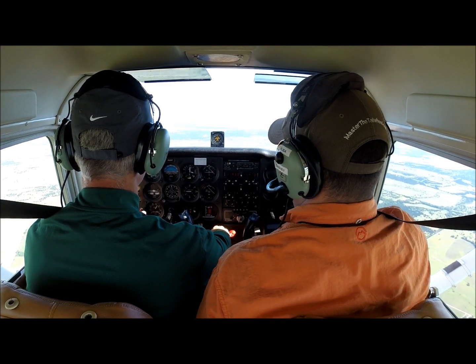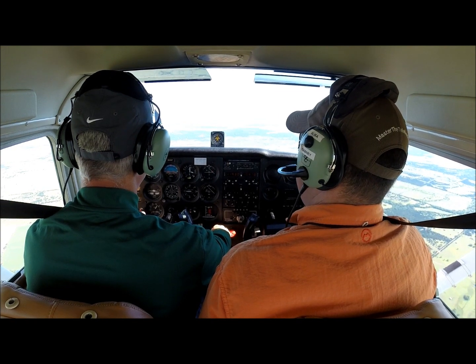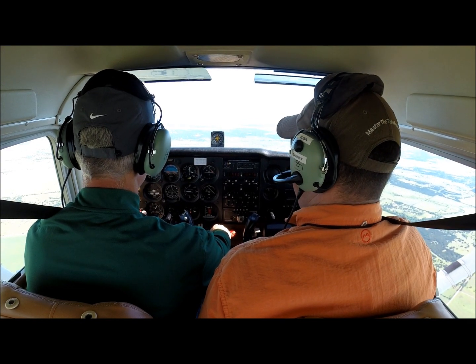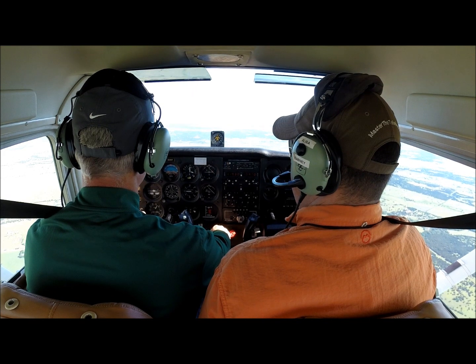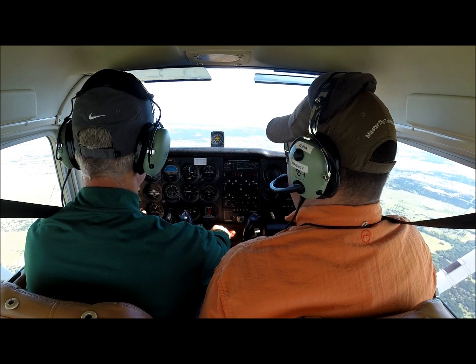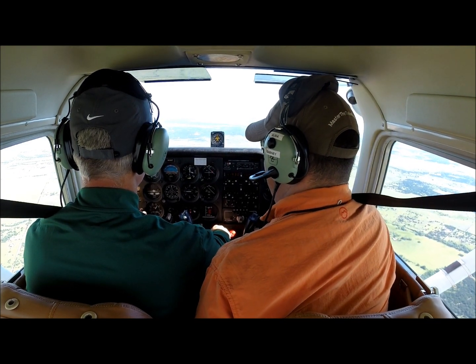Looking real good. We're only about 100 knots though, instead of 105. It's been between 100 and 105 level, so we're just fine. All right, now maintaining 3,000 feet, I want you to make a standard rate left turn to a heading of